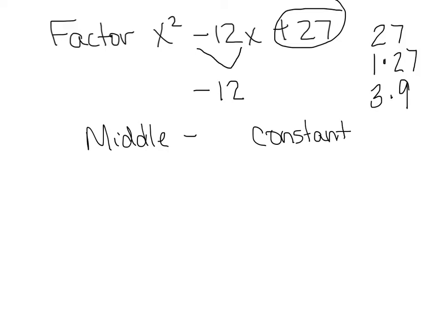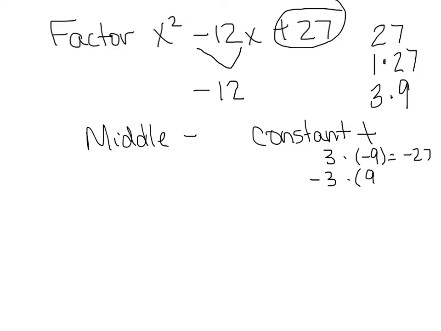I want to be thinking, what numbers can I multiply together, including their signs, that give me a positive, but when I add them together give me a negative? Let's think about that. 3 times a negative 9 would give me a negative 27. Negative 3 times 9,